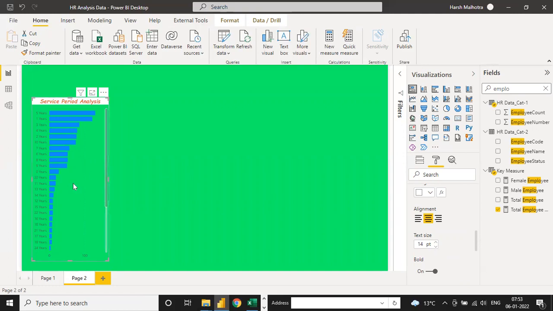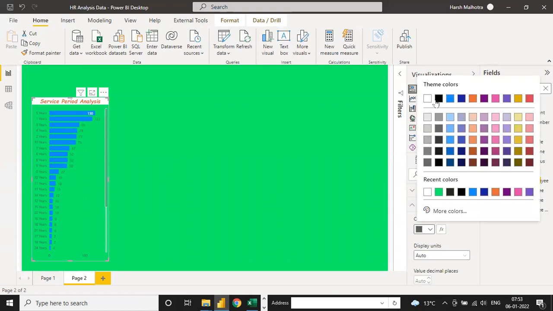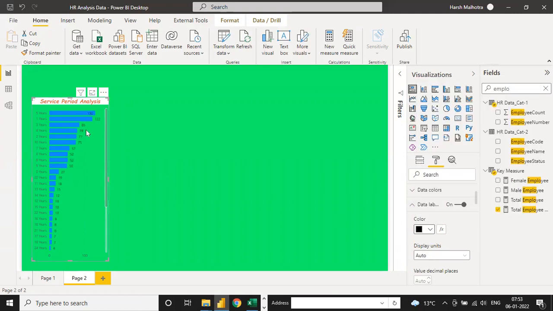Also you can change this data color also. So click on this, okay, data label, you can turn on. If you switch on this table, just black one, so you can see on the right hand side you have data like 5 years we have 130 employees, 1 year we have 122, 3 years 85, 3 years means 3 years service period, 3 years of experience. So this is the data of service period analysis.